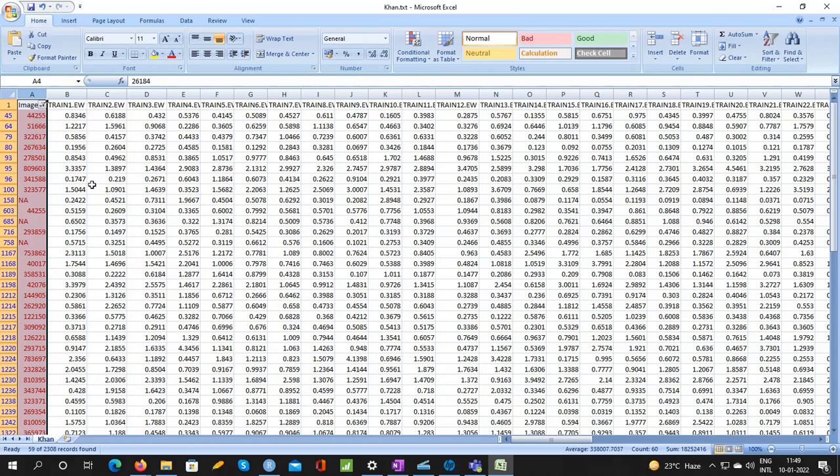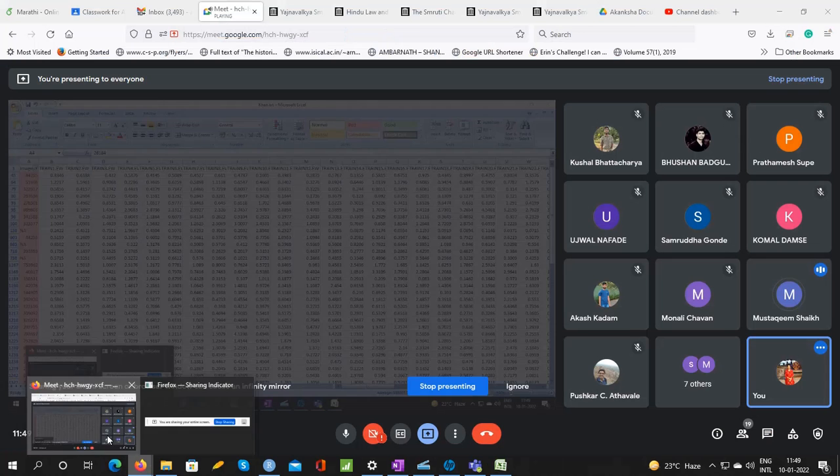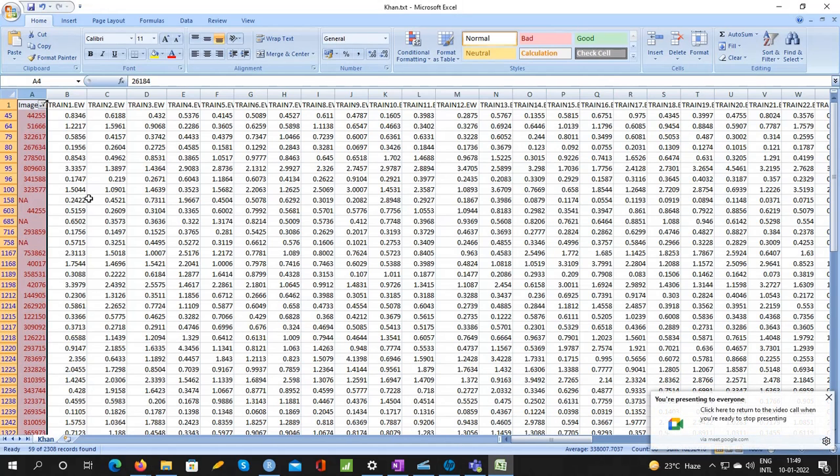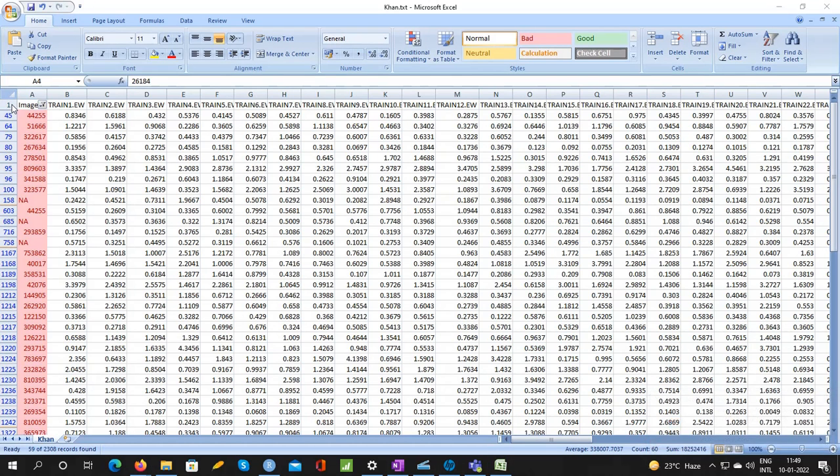Who gave this solution? Mustaqim Afzal. Mustaqim, yeah. Okay, good. So we are one step ahead. So 44255, and where was another 44255? But these entries seem to be different. Correct. So we can't simply delete. That's what I meant. These entries are different.